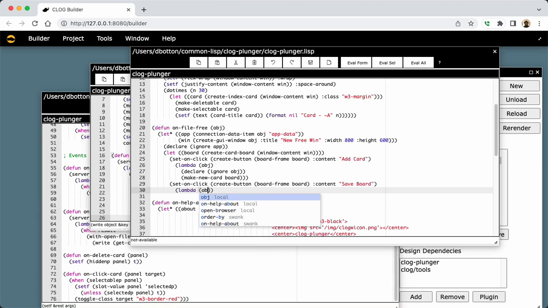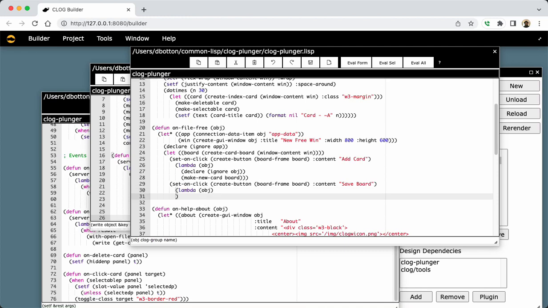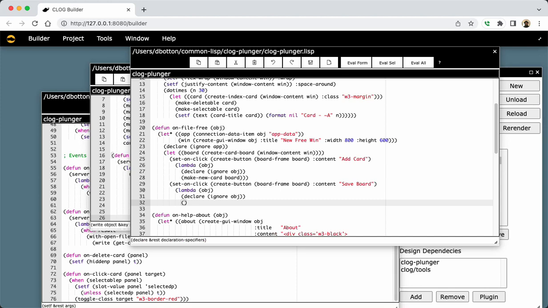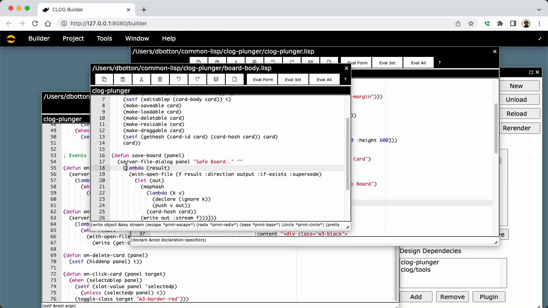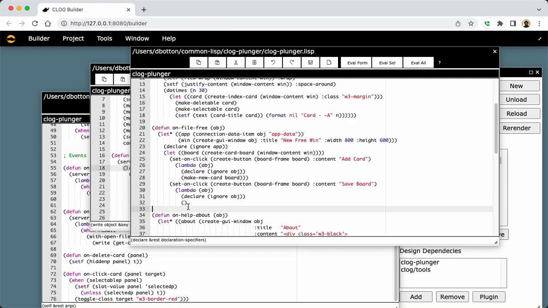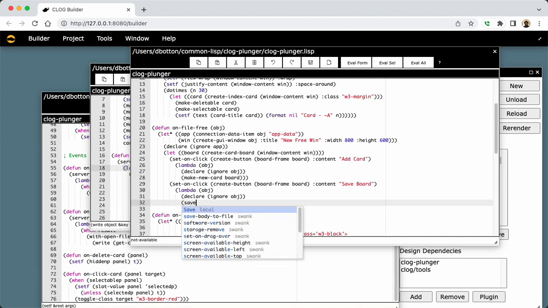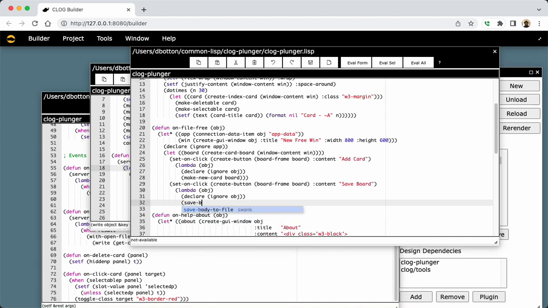Lambda. J. Okay, we're not going to use that for anything, so declare. Ignore. What we're going to do here is we're going to use our new function that we just created, save board, right? So save board,